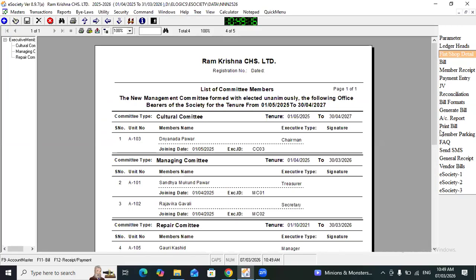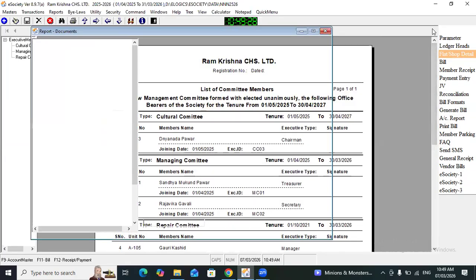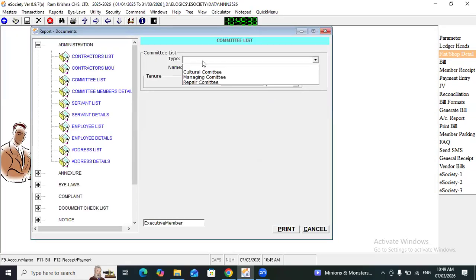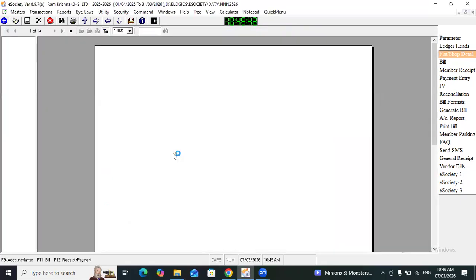Committee type, as we have created 3 committees, those 3 different committees under which the committee members were created are showing in this list. If you want to print only a particular type of committee like this Managing Committee, then select the type and click on print. Then the list of all the members in that Managing Committee will print.